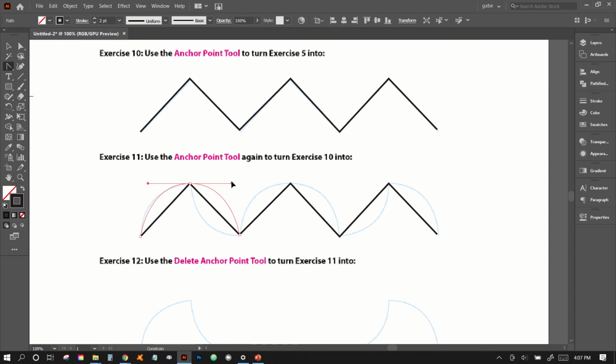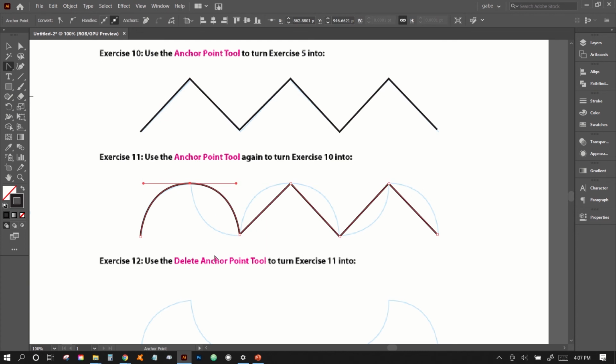You can hold Shift if you want. It's optional, but I'm going to do that. And then I'm going to match up the left-hand side right here. And then once I've matched it up, I'll release it. And now what we can do is take this handlebar, and either we can pull it down to match the curve, or you can get rid of it and add another anchor point elsewhere. But I'm just going to drag it right down to match up with the curve,